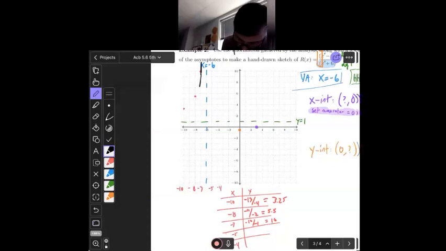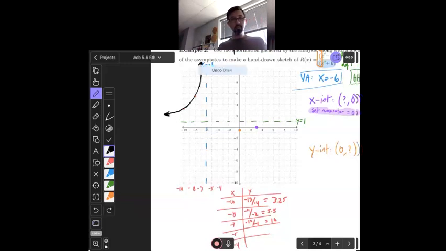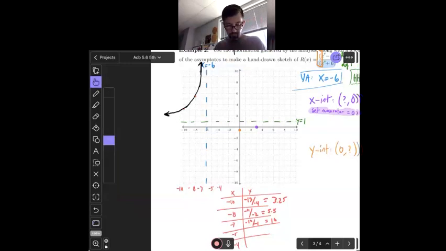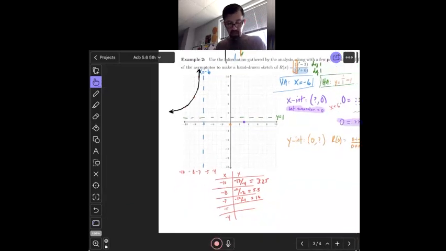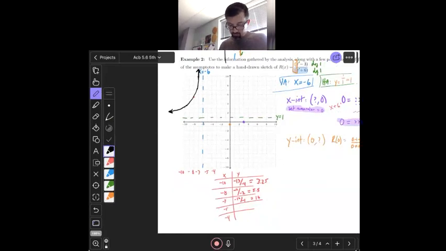I'll curve down through those red points and kind of start to flatten off as I head off to the left. Okay, so as you head off to the left, it should start to flatten. You don't want it to keep going down like that. It's not a line. Right? It should start to curve along that horizontal asymptote. We just can't see it because it's all pushed off to the side. And again, it's the first time most of you have drawn a rational function. So